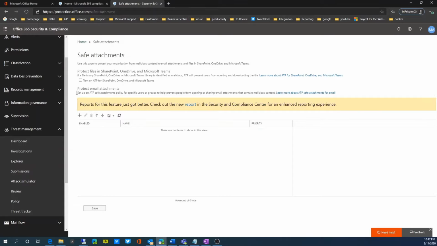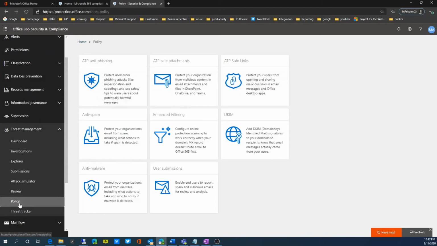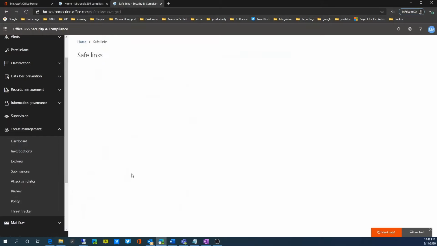Another feature is protecting against phishing attacks with ATP Safe Links. Hackers sometimes hide malicious websites in links or emails or other files. Safe Links is part of Office 365 Advanced Threat Protection and can help your organization by providing time-of-click verification of web addresses, URLs, in email messages or Office documents. So this is the same area, it's ATP Safe Links. I would click on that,